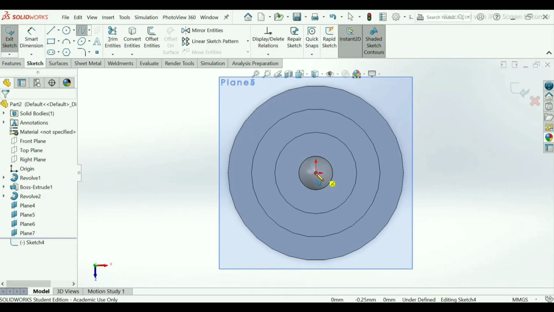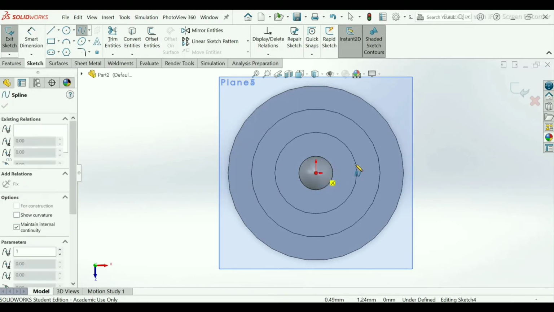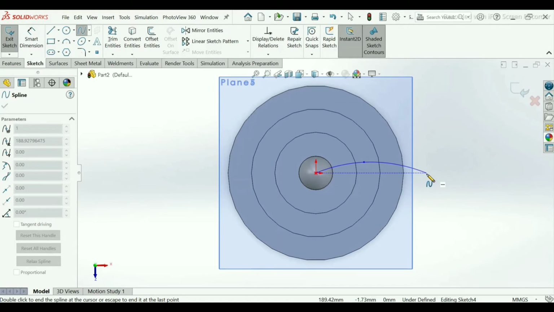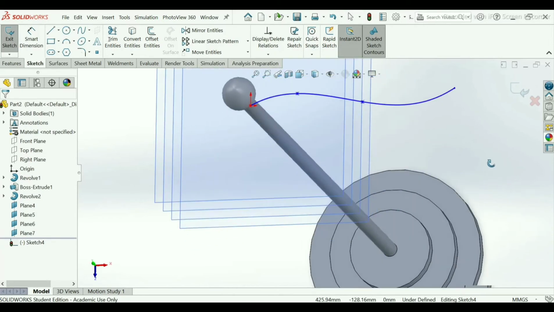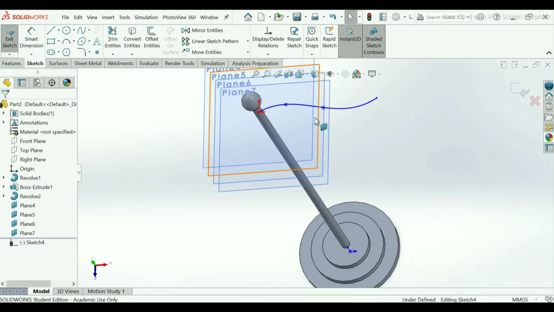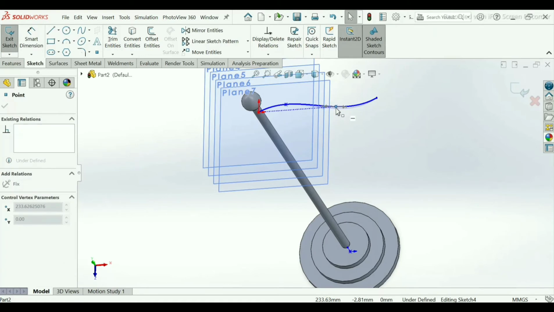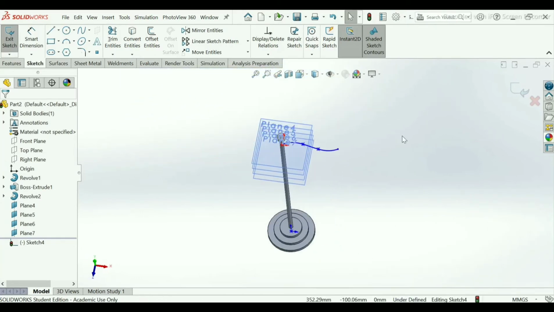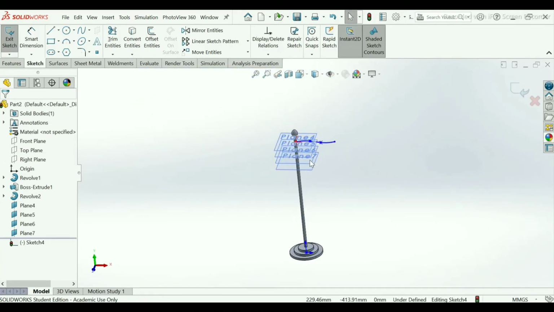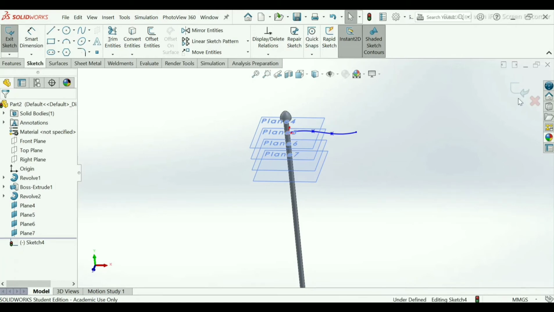Make the geometry here from the origin point up to here. Adjust this curve. Exit.